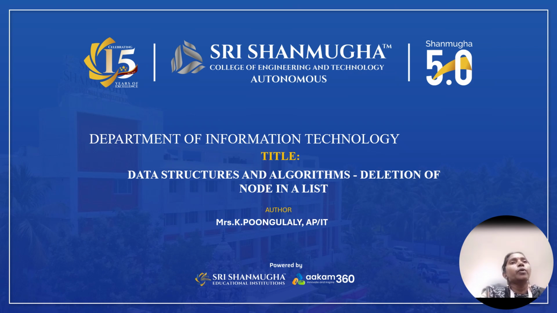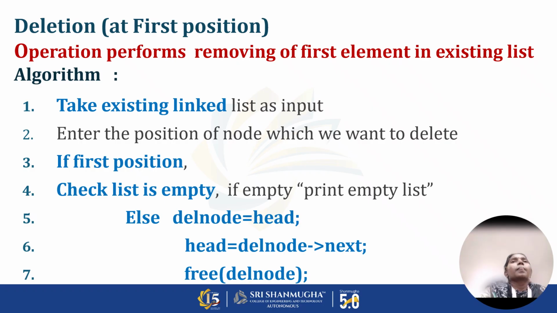Today we are going to discuss the domain of data structure and algorithm, and the topic is deletion of a node in a list. Let's begin. First, deletion at the first position. This operation performs removing of the first element in the existing list. Algorithm: